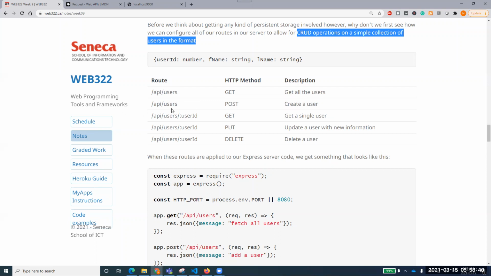The second one is API/user, the same, but this time we'll be posting and creating a user. Then we have get a single user, if you provide a single user ID, as we have done in that video as well. If you want a single user's information, you just pass a user ID with the get method. To update user information, you can use the put method. And we can delete by passing a delete ID, whatever ID is passed, and we'll practically see that.